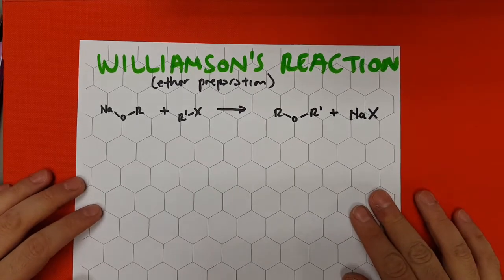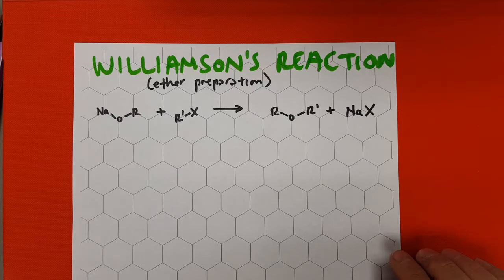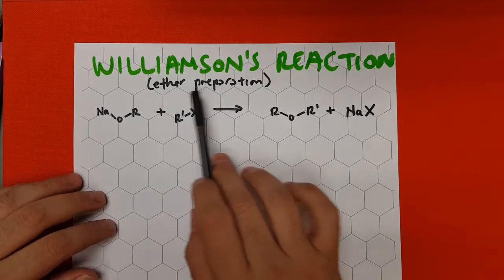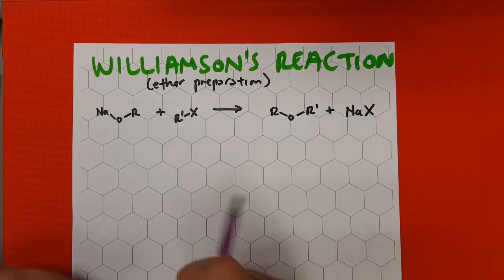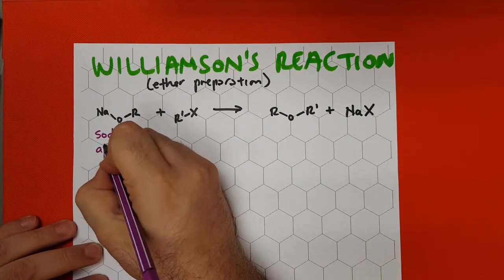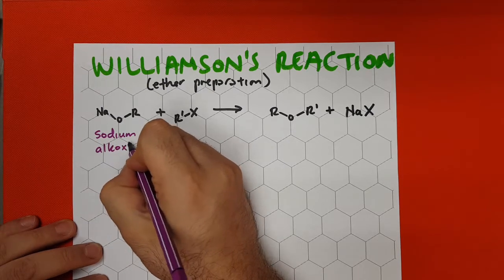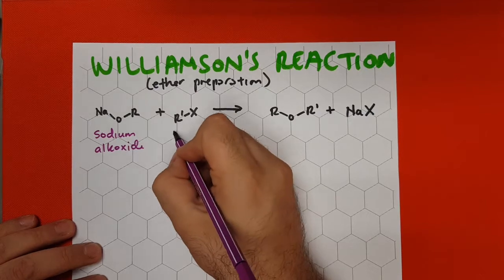This short little tutorial is going to be on Williamson's reaction. Williamson's reaction is a reaction that we use for the preparation of ethers. And the basic reaction includes the use of a sodium alkoxide, which we saw in the other video tutorial of alkoxy groups. It includes an alkyl halide,